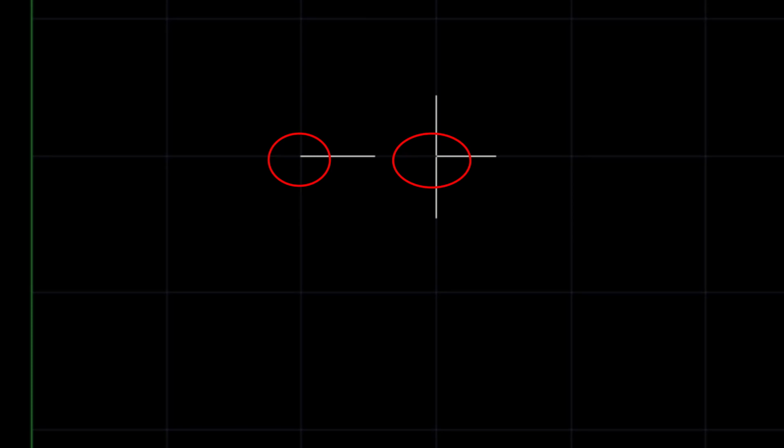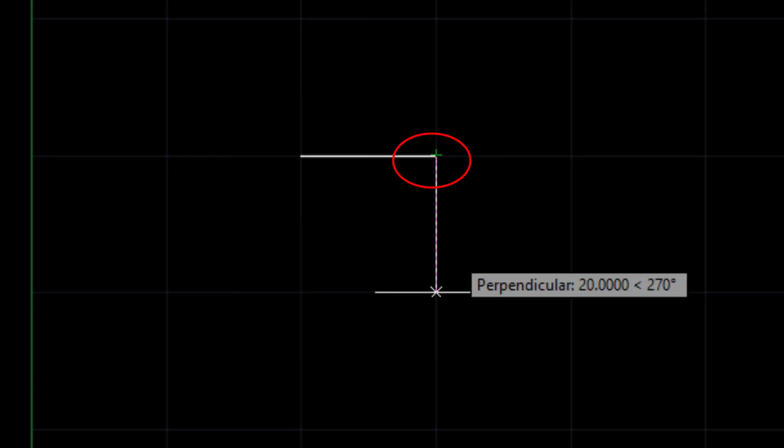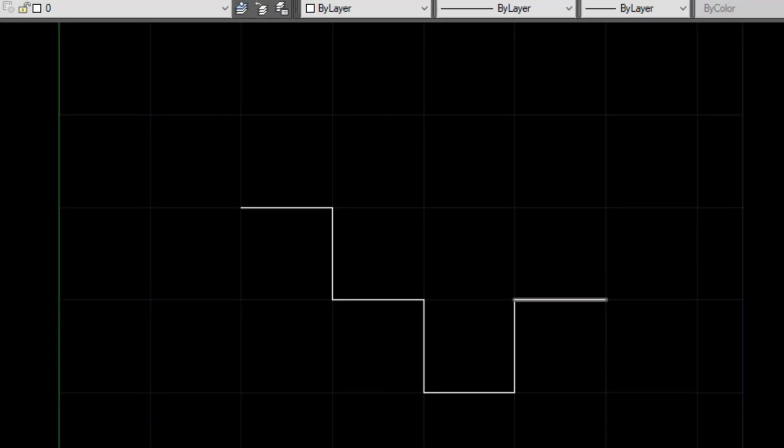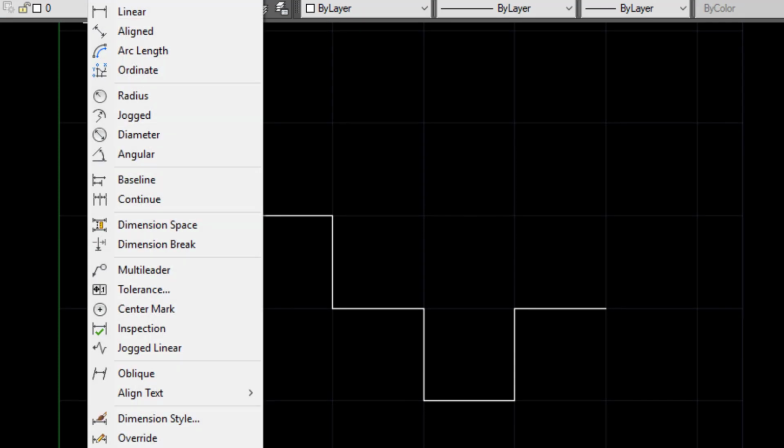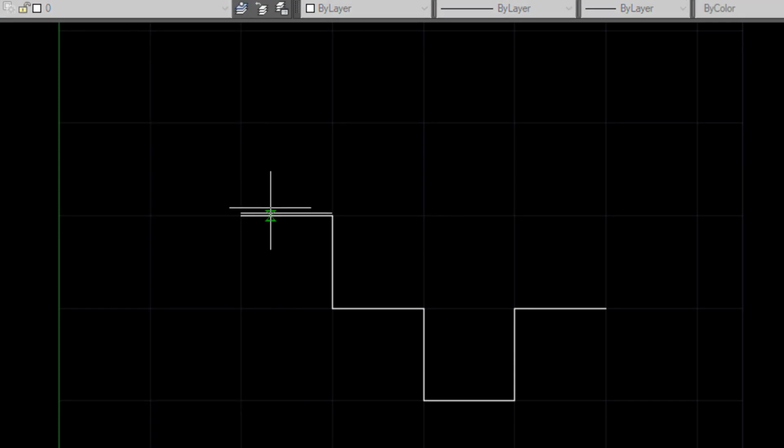So I will go to 20, 20 in this case. If I show you the dimensions also, it will be 20 respectively. I have not given any dimension to the line, but you can see that the dimensions are given as 20.